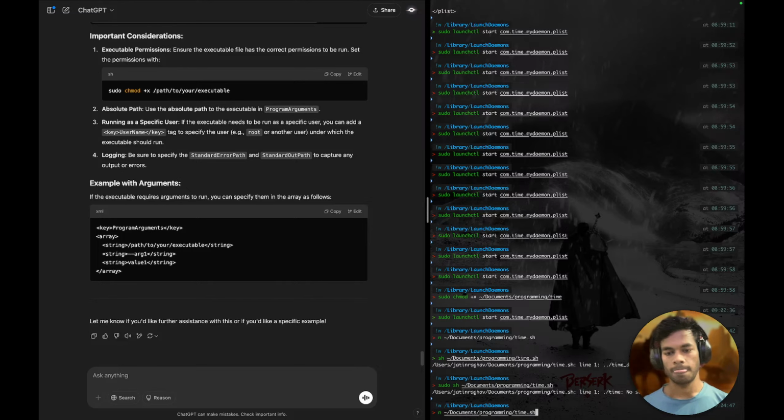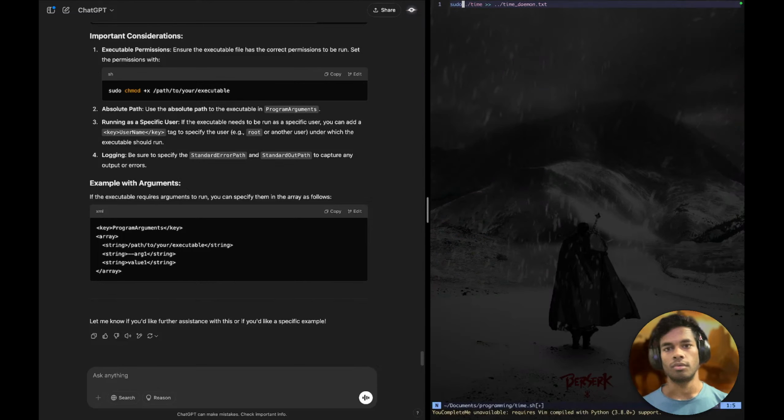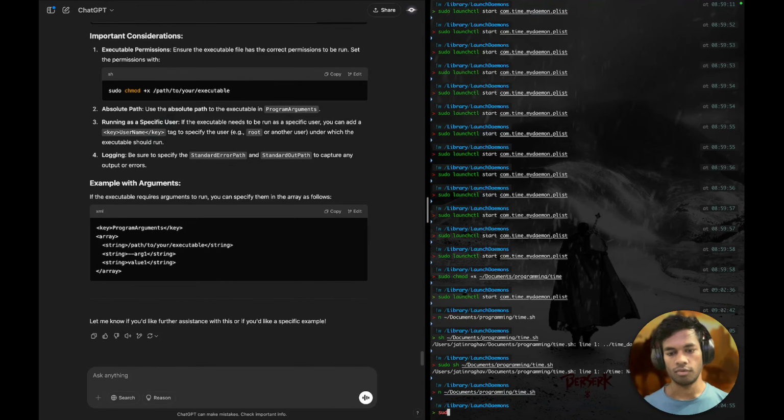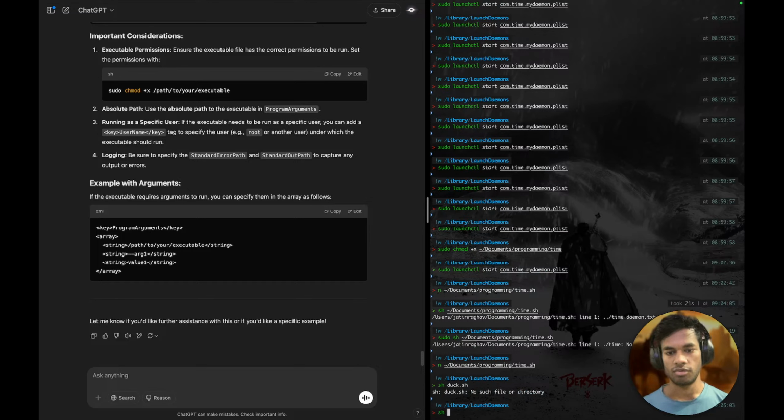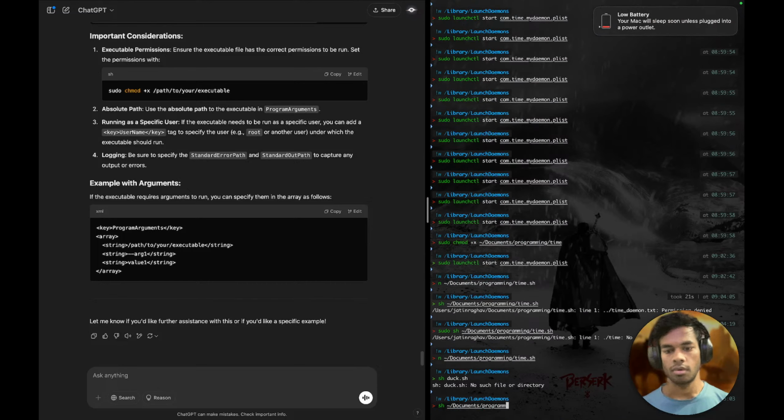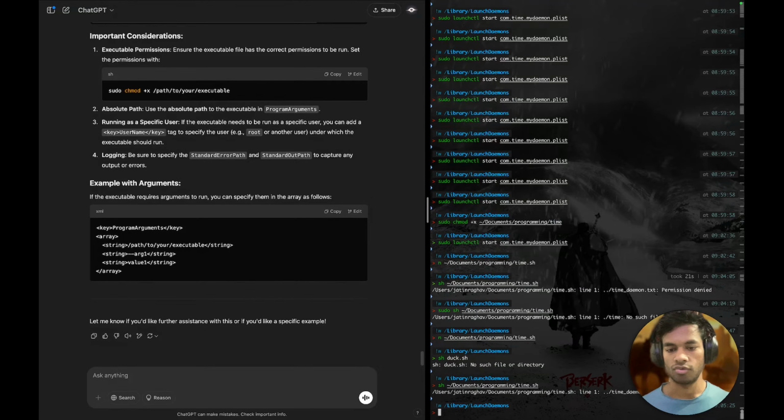Okay, if I here do sudo, or maybe without sudo I do sh documents slash programming slash time dot sh, permission denied in line 1. Permission denied to access